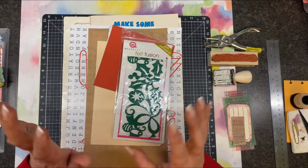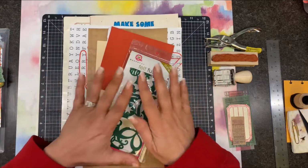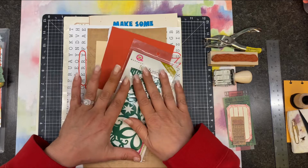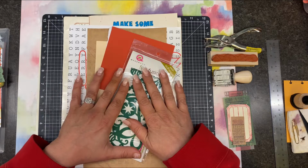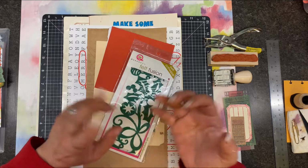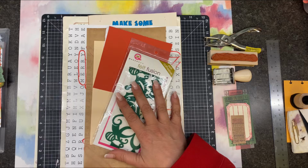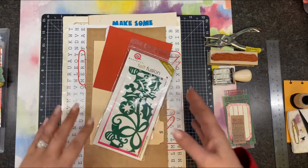I am telling you, I am tired and I've got a lot to do. But we're going to go ahead and get started. So today's prompts are handmade, garland, and words. So I think we're going to start with the